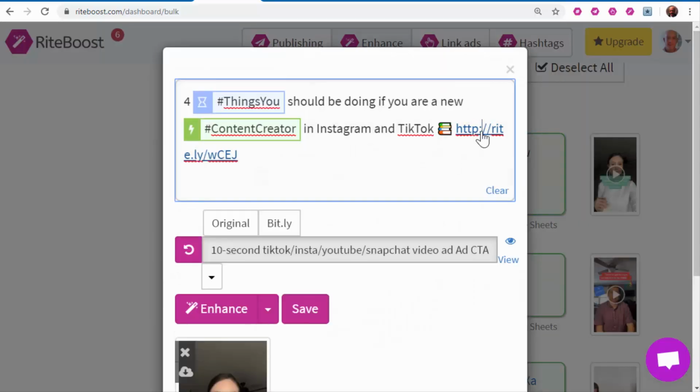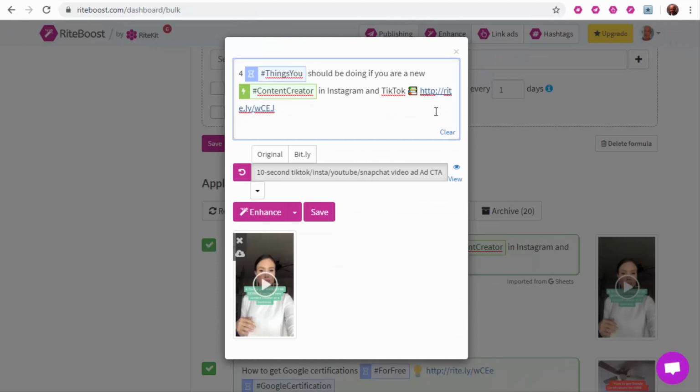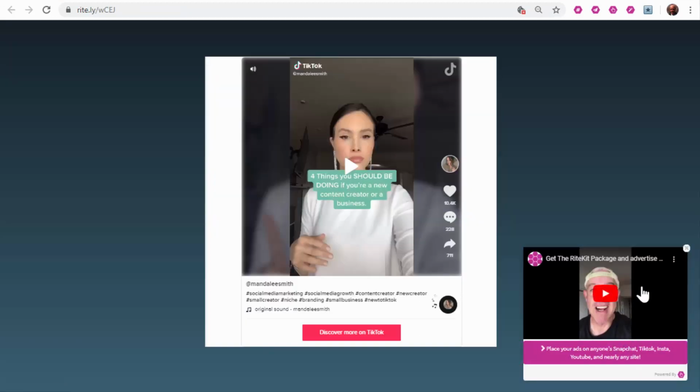Here we're going to see what people see when they click on the link. Let's remember that any social post that has a URL in it, the call to action, the inherent CTA, is click the link. So I can see which link ad I'm using. I could change that if I wanted to. I'll click in the Writely link and then click View. And here I see my Writely link ad on top of one of the most popular social media marketing influencers